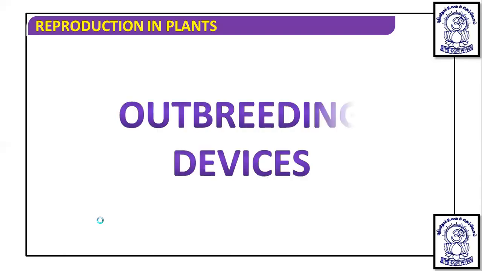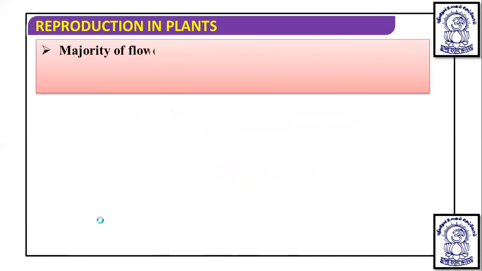Okay, now let's talk about reproduction in plants and the outbreeding devices. Outbreeding devices are those devices which encourage cross-pollination and discourage self-pollination. As the name suggests, out means to another, breeding with another flower of a different plant. So if we talk about the characteristics of that,